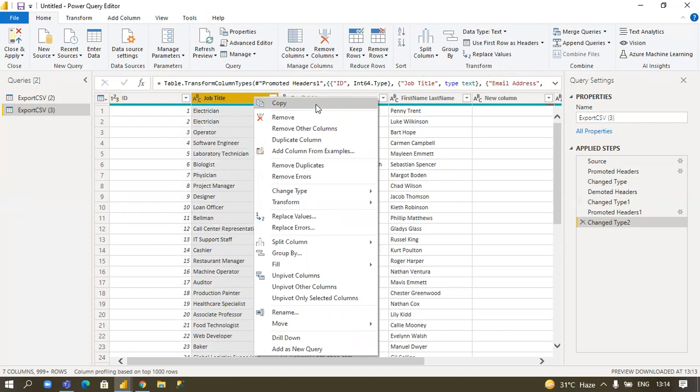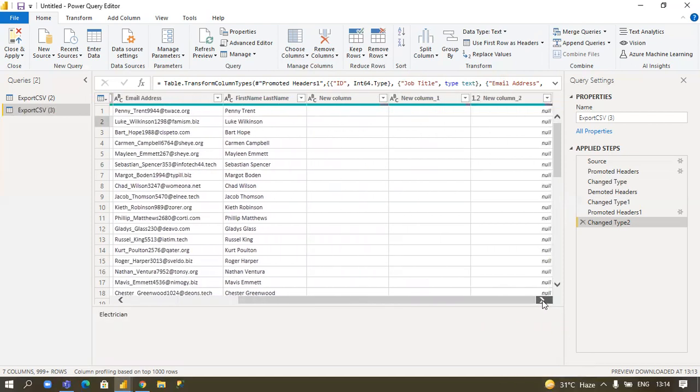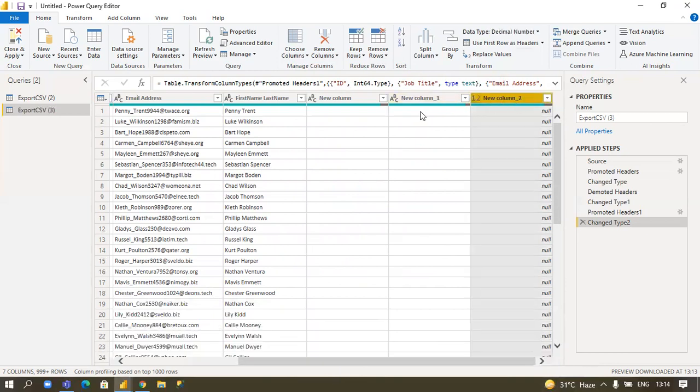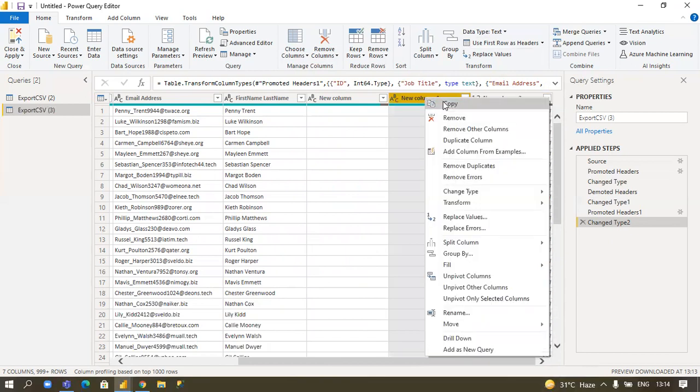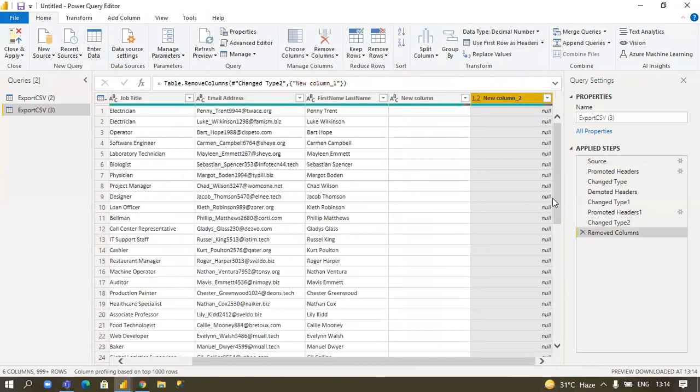And if you want to remove a column, I select another column and remove it. I want to delete this second last column, so I right click on that column and click on remove. That column has been removed.